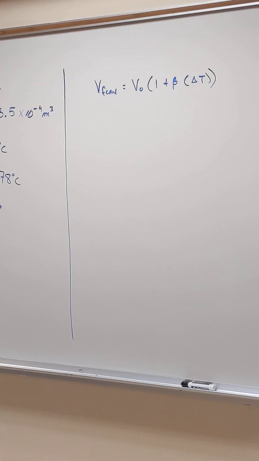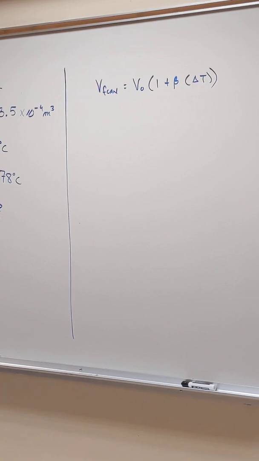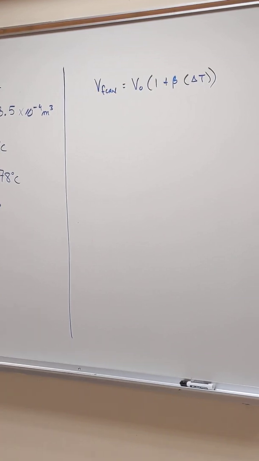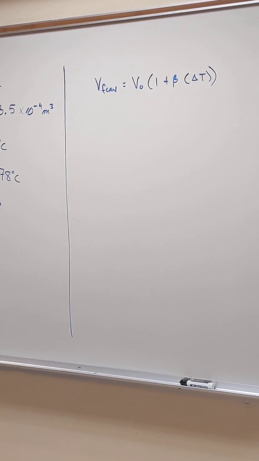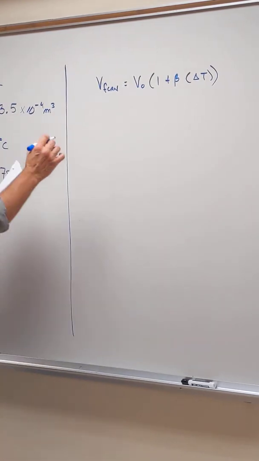V original times 1 plus beta times delta T, right? This is the fast way to do it. You guys agree? Do I have original volume? Do I have delta T? Do I have beta? Can I find the final volume of the can? Yes. Who has it? Anyone? The final volume is